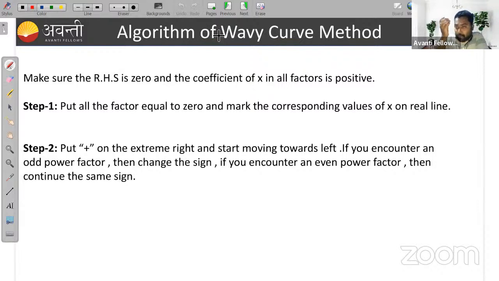or we can say some steps, to solve inequalities by the Wavy curve method. First of all, make sure the right hand side of the inequality is 0 and the coefficient of x in all the factors is positive. If you are given a quadratic expression in the numerator, the first step is to factorize it. Factorize all the expressions you have in the numerator and denominator, whether quadratic or